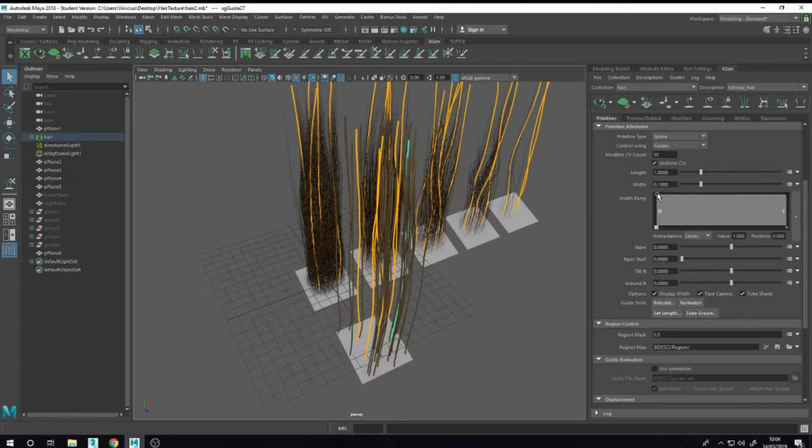So adjust the widget. Oh my god. Come on, okay.